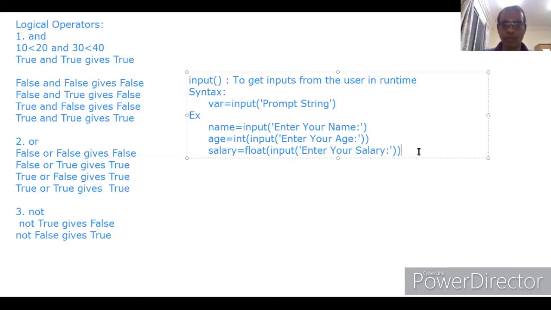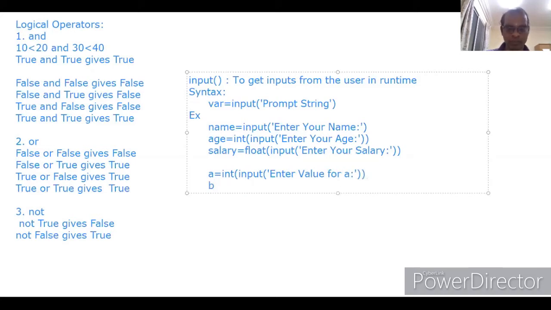We can get values for more than one variable using a single statement. How, sir? Just consider I want to get input for the two variables a and b. One way is simple: a equal to int of input, "Enter value for a". Directly we can place it like this. b equal to int of input, "Enter value for b". This is one method.